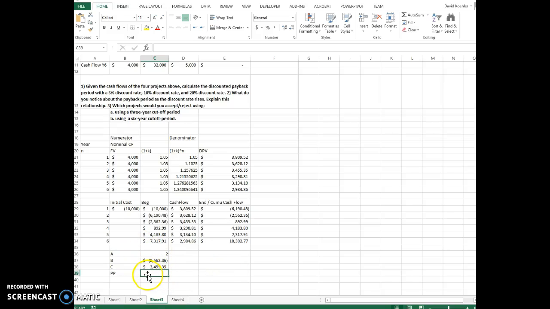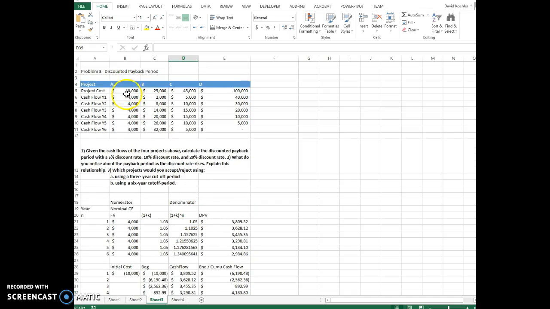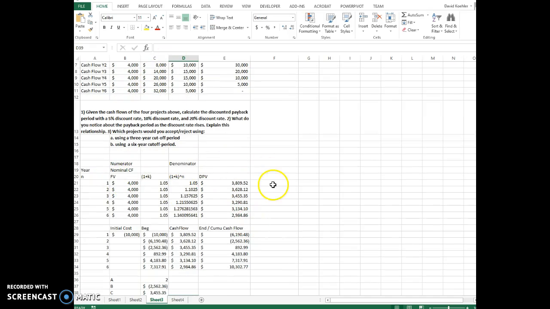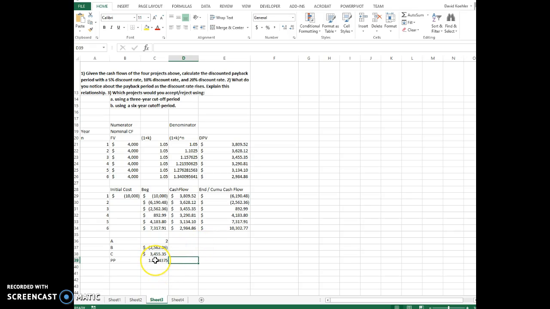Okay, so then this is going to be equal to 2 plus, and then again, look at the formula up here. I'm going to use parentheses, plus b divided by c. I'm going to close my parentheses. And so that's what we've got, a plus b over c. And now, looking at this particular problem, project A, with the discounted present value of the future value, we're looking at a